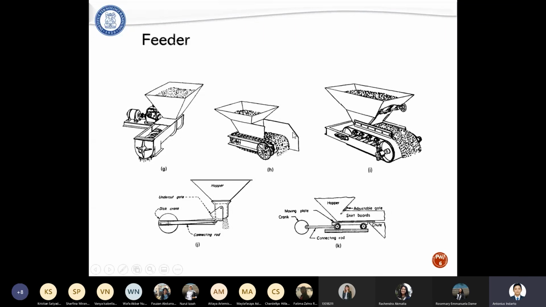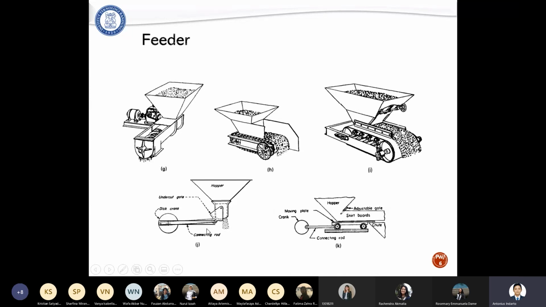We also provide a baffle to prevent the solid particles from going to the left or right side.